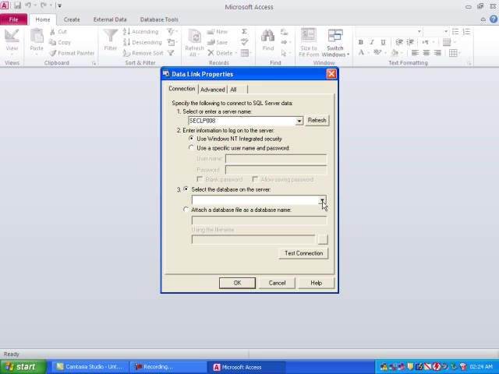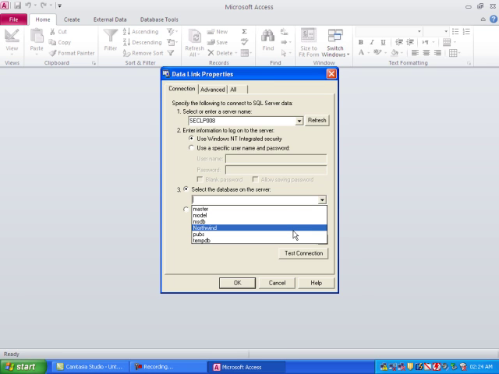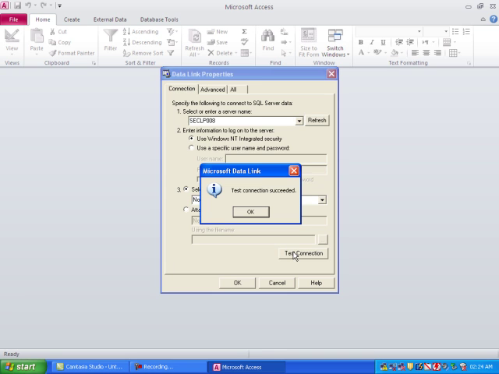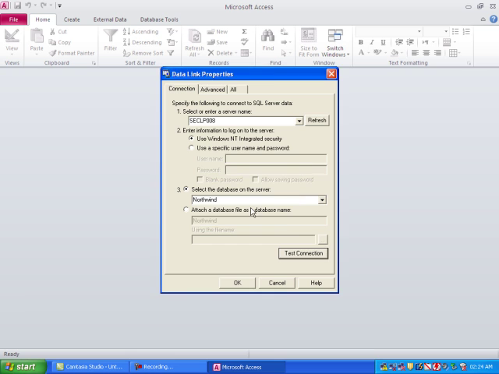So let's click the drop down and have a look at what databases we can select. I have the Northwind database. That was one of the databases that I attached, and I would like to test the connection. The connection was successful, and I'm going to go OK,